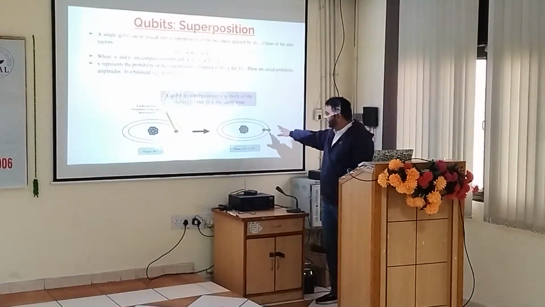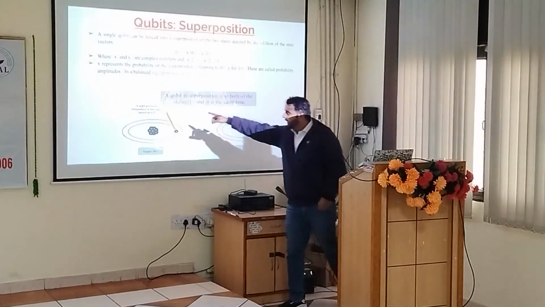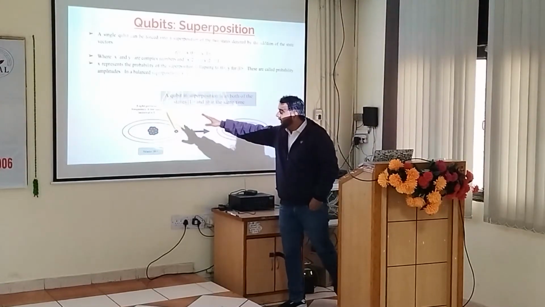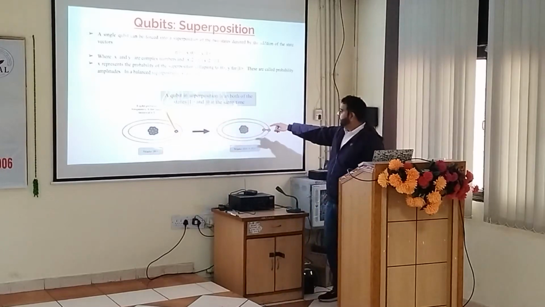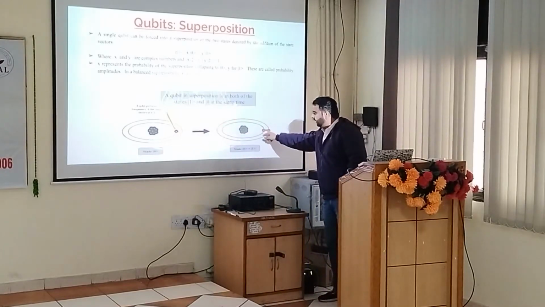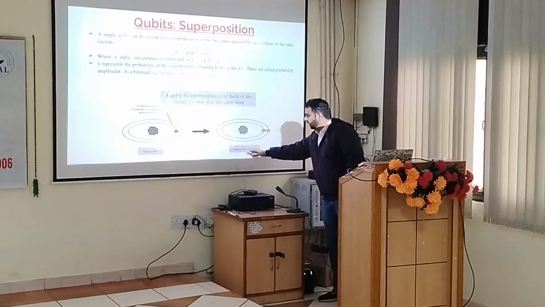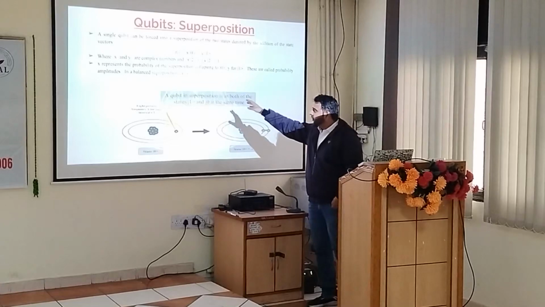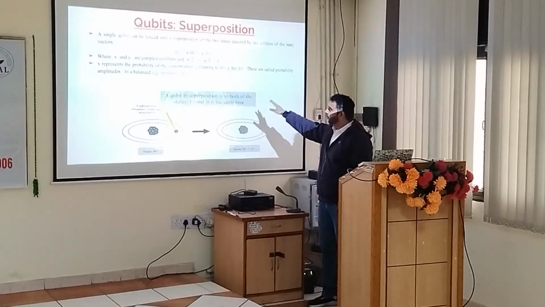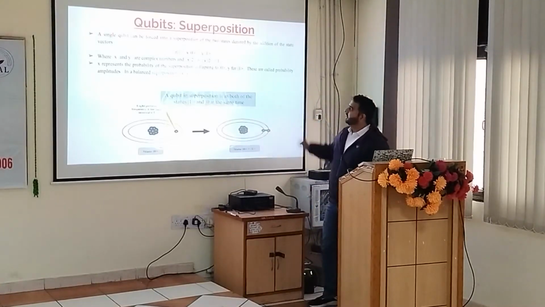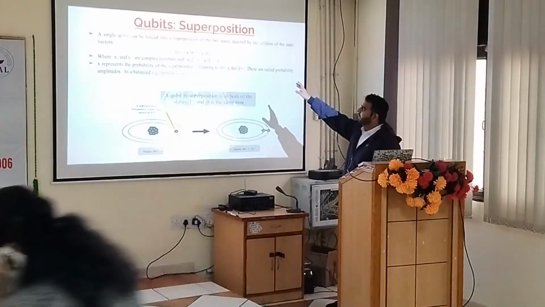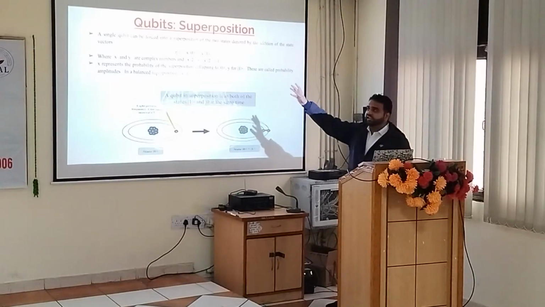If you are able to see this diagram here, if I put the light pulse with the frequency of lambda for the time interval t by 2, the interval is half. So the electron will be in the ground state as well as in the excited state. So it is the superposition state. Okay, and that qubit is basically in a superposition, in both states 1 as well as 0 at the same time. And this is the mathematical representation, how we are going to represent the states altogether.